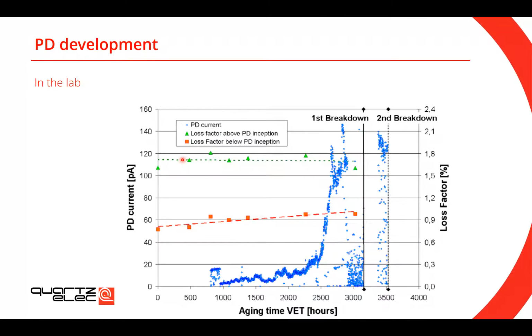So now we talk about development of partial discharge, because we all know that when you monitor partial discharge over time, this is the key to analyze it. This is in the lab, so you can actually age the insulation in a controlled manner. If you focus on those blue little dots, you can see that slowly partial discharge is growing over time. And at some point, it goes exponential. Then when the insulation is carbonized, it goes almost down to 0. And here you have a breakdown. So this is what we are looking for when you monitor partial discharge on your generator. You want to make sure that you know where that exponential becomes present.